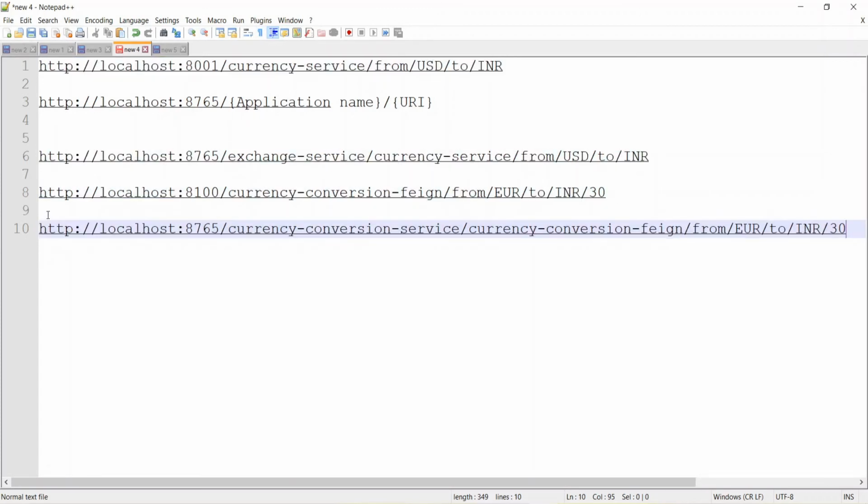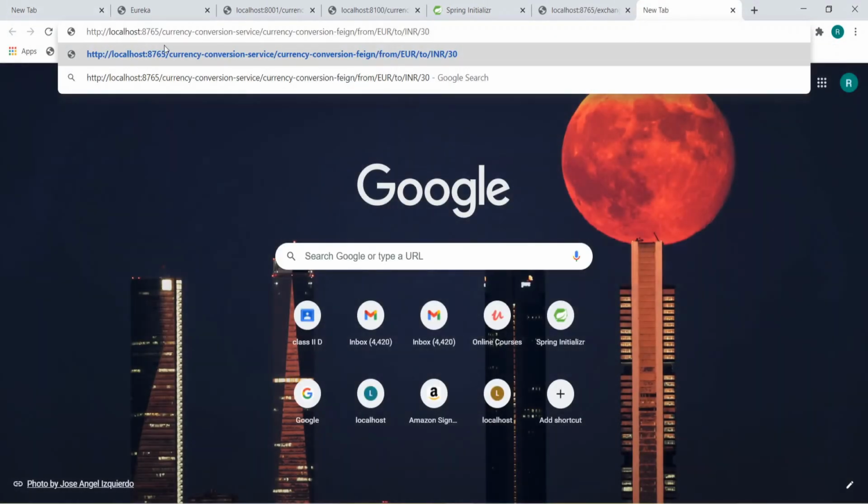Now we can copy this with Control C, go to the browser, and see, earlier we were directly hitting the currency conversion Feign endpoint. Now we will call this currency conversion service via the gateway server. First the request will go to port 8765, where the Netflix Zuul API gateway server is running.